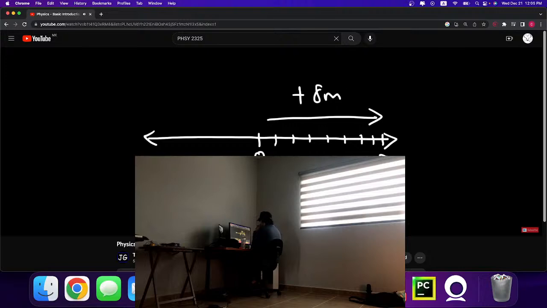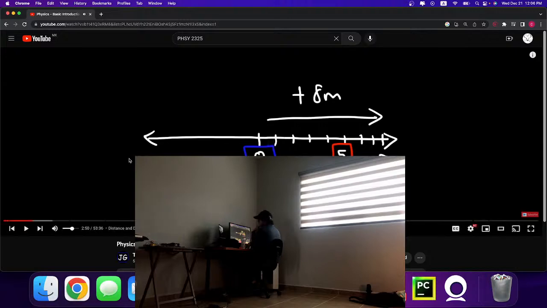Then he traveled 3 meters west. So his displacement is negative 3. So now he's at position 5. And so his net displacement is 5 meters because he started from